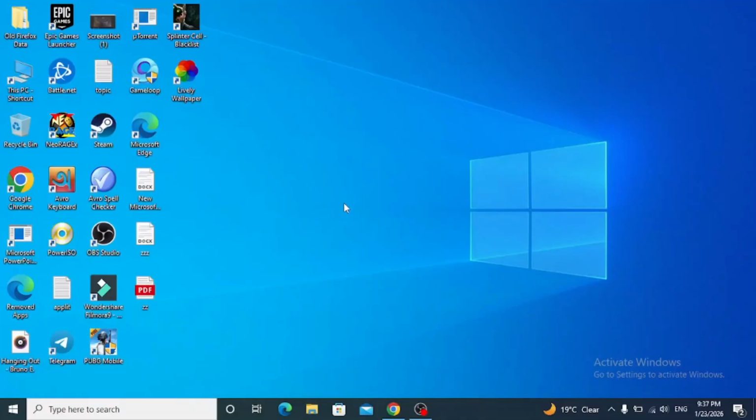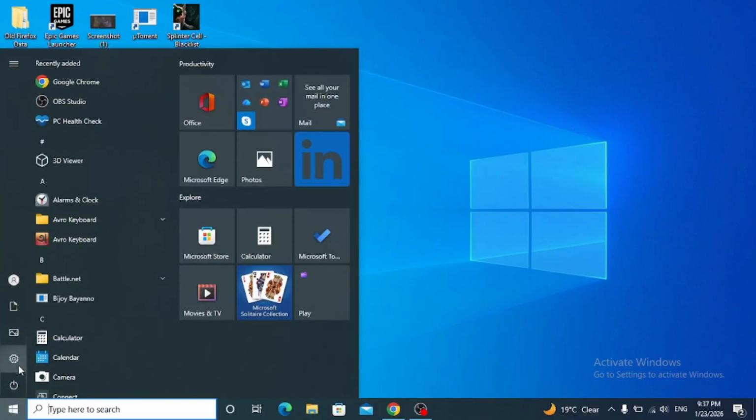How to fix Windows 10 locking itself automatically. Whenever you try to use a Windows 10 PC and it's just locking itself automatically, to fix this problem, first you need to go to the start menu, click on the start menu, then click on